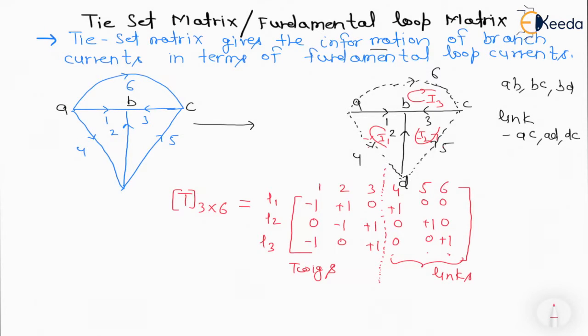If any question has been given in the exam on the tie set matrix, and we have to find out which one is twigs and which one is links, we have to see carefully where the identity matrix is forming. So here for 4, 5, 6, you can see clearly that this is the identity matrix, this is the matrix of twigs, and this is the matrix of links. However the question is asked, we are going to get that answer, and we have discussed all the concepts. Now a few more concepts are remaining.